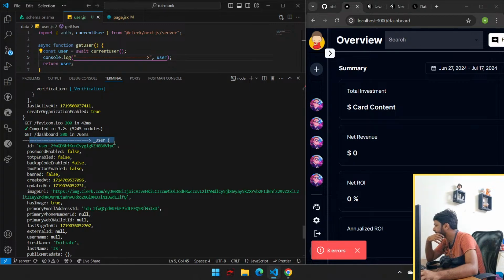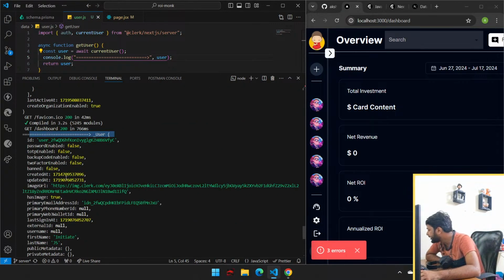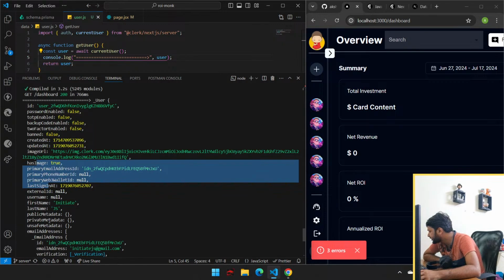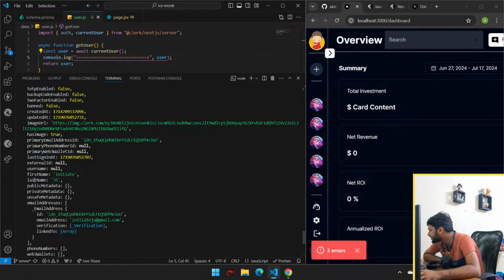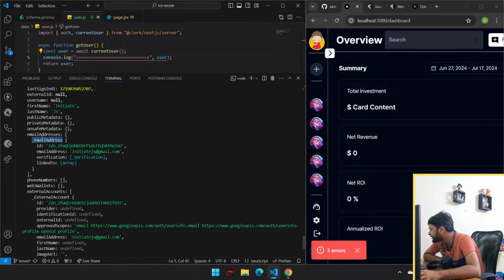Okay, so from here things start getting consoled, and we are getting an ID, something created at, updated at, image URL, something, first name, last name, and then an email address का array